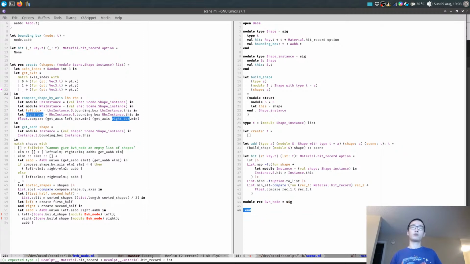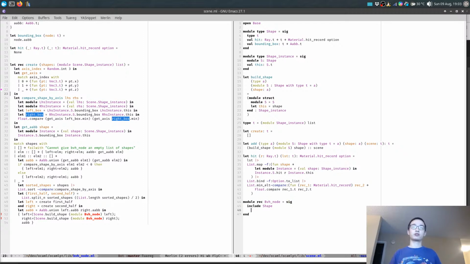Recursive module must have an explicit type signature, because we don't understand what it is when we do the recursion, so type inference will not work here. BVH node is a shape,